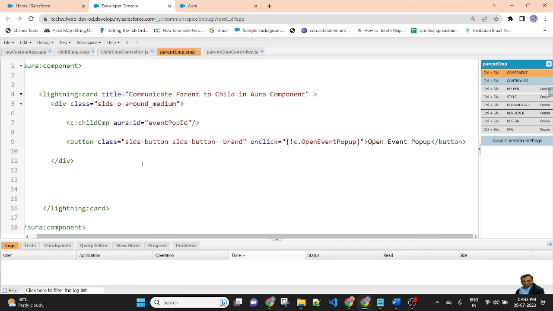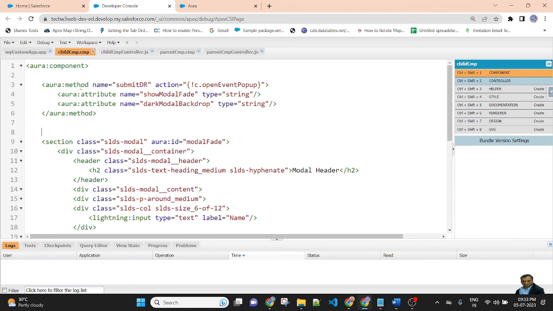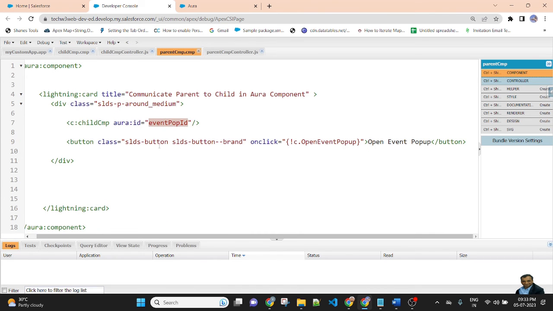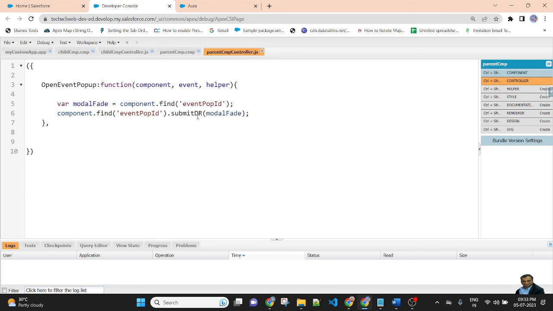In the child component, I define the Aura method name and action. In the parent component, I pass the ID and the name of the Aura method. So in this example, I am opening the modal pop-up through the Aura method.